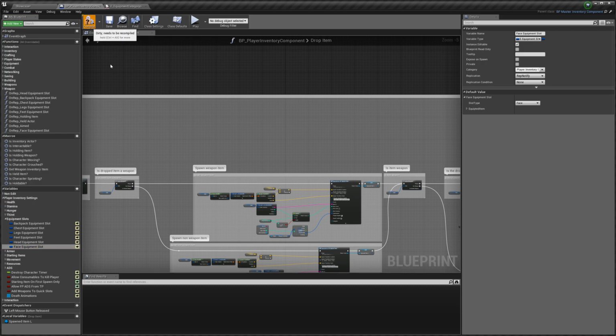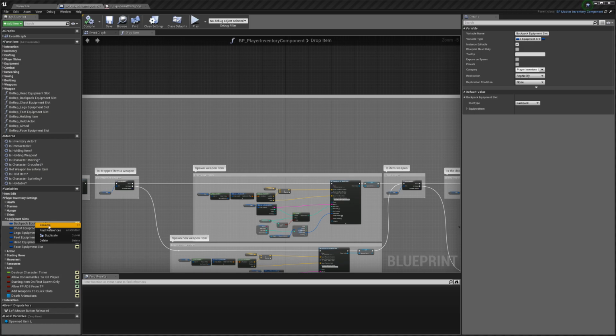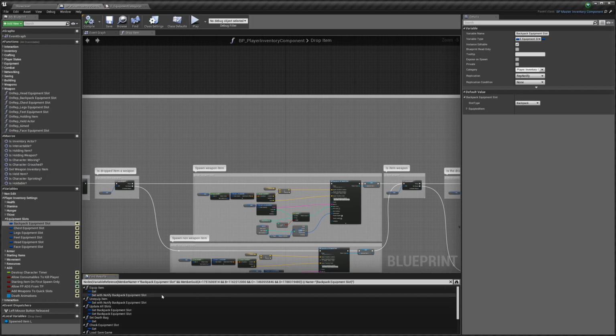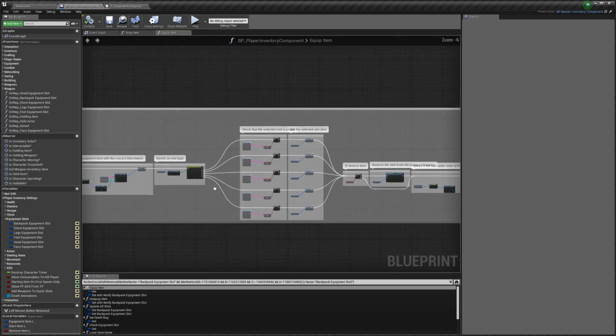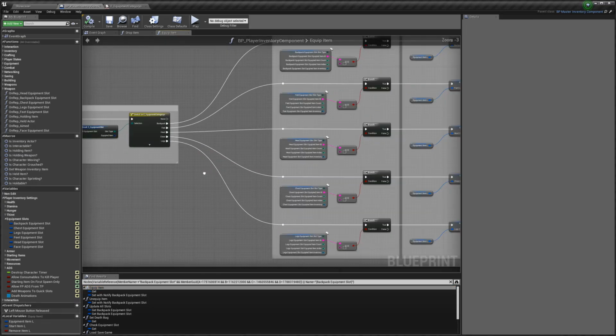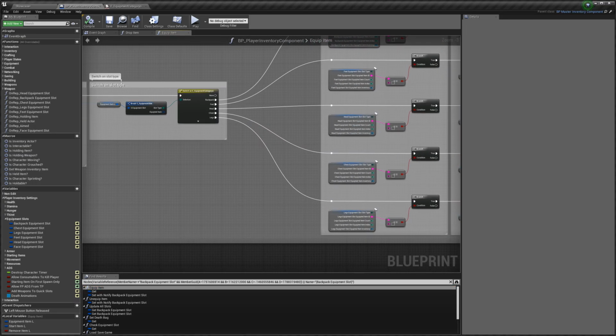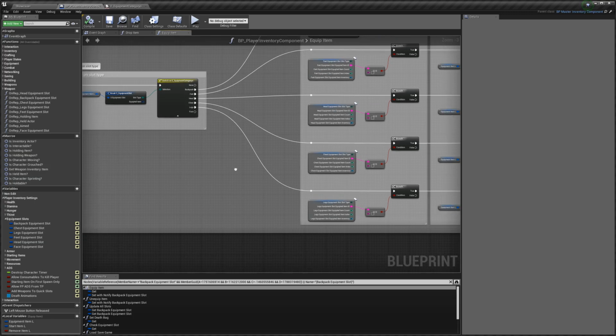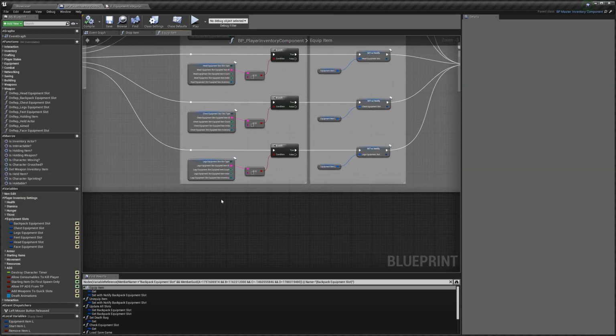we can compile. So now that's done, we can right click, say, our backpack equipment slot, and we're going to do find references, and that's just going to find all the places our equipment slot's used. So I'm going to go to equipped item. You can see we've got some stuff we need to add here. So first on our switch we're going to click the drop down here, we've got our face value now, and we're going to